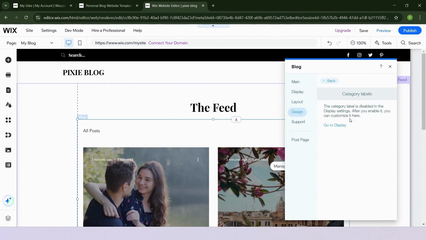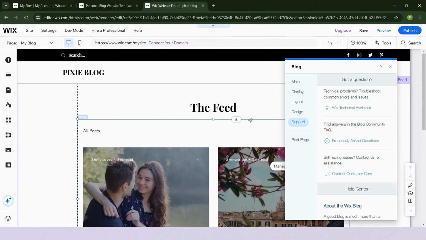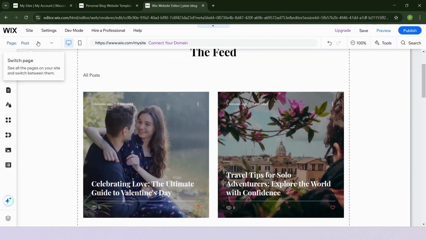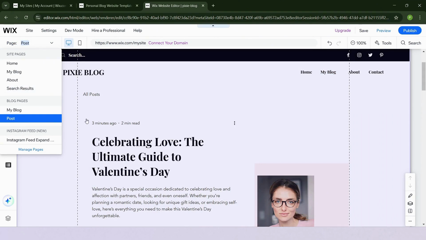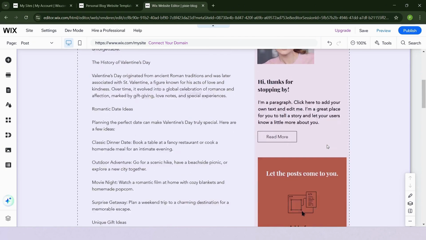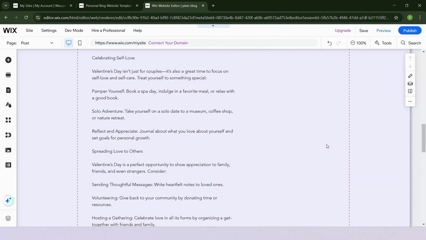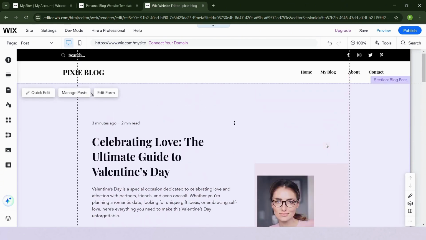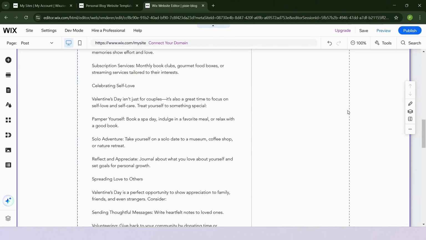So the design, have the buttons, color, ratings, the video settings, I'll have support, and then we'll go to the page. When we click page, so this, the post page. Here, we'll see the ones we post. And now,